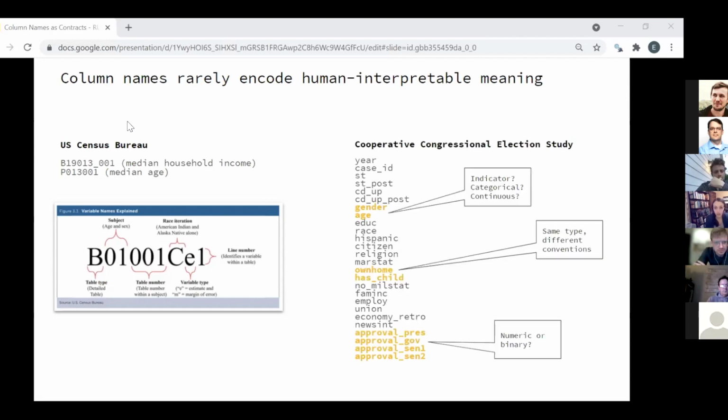Now, on the other end of the scale, we have data that tries to be a lot more friendly, a lot more communicative. One example of this is from the very popular political science data set used to analyze elections, the CCES data. But even this data set has a lot of room for ambiguity, even though it looks friendlier. We could look at fields like gender and age and not know,